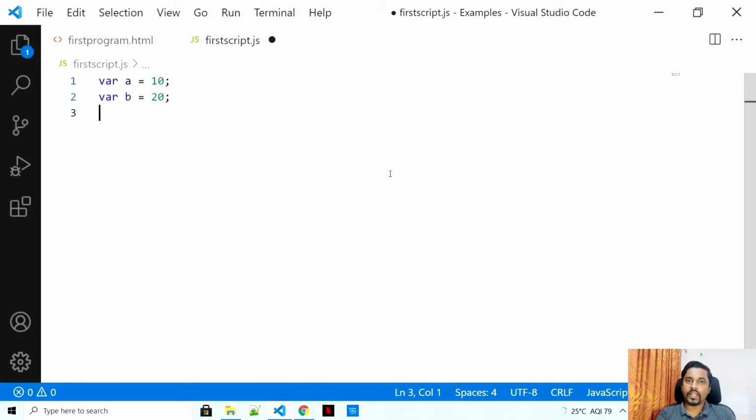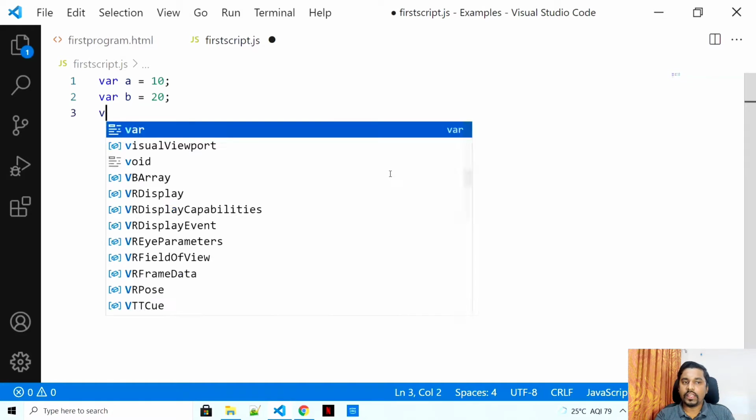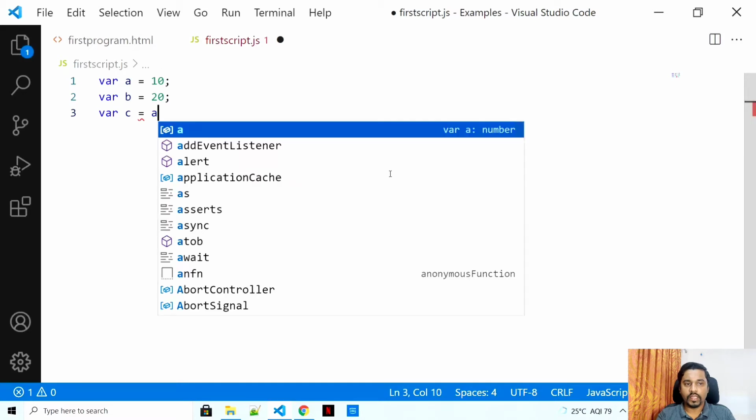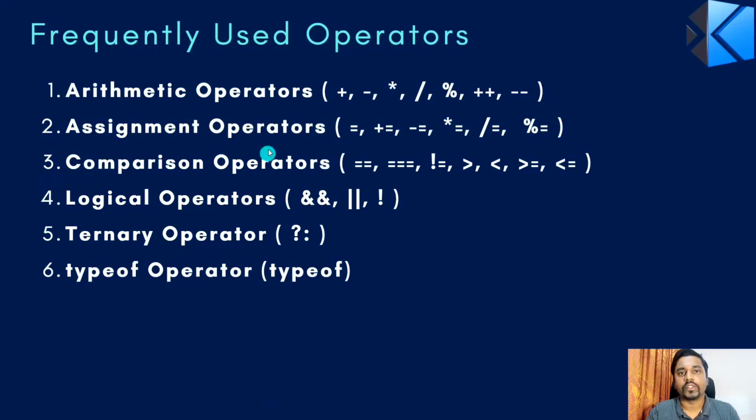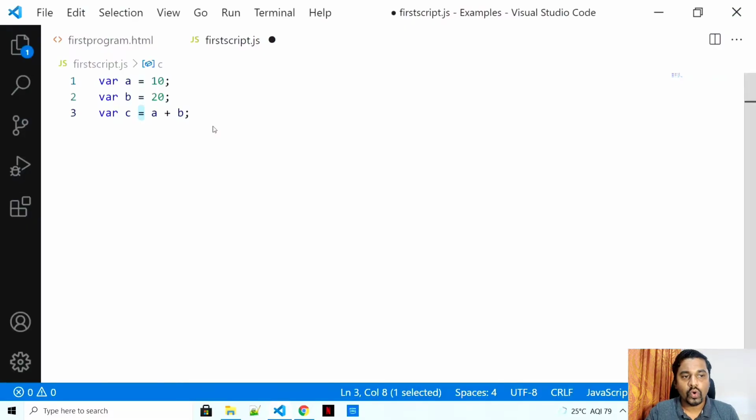Now our first arithmetic operator, that is your plus operator. I'll just add a new variable c equal to a plus b. Whenever you see an equal to, that is our assignment operator, your JavaScript program will always see what is on the right hand side of your equal to sign.